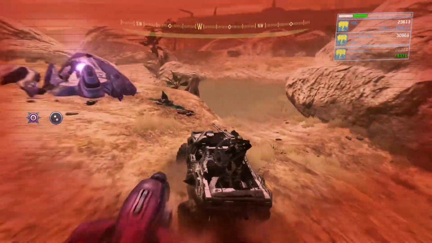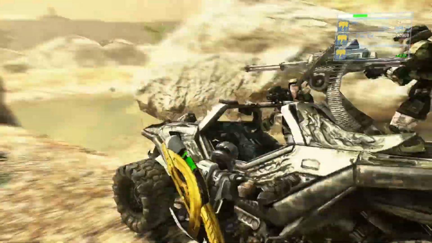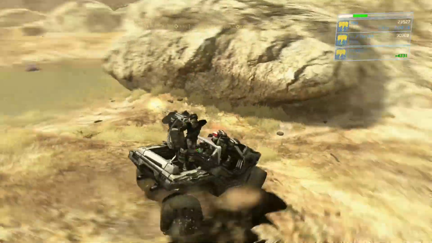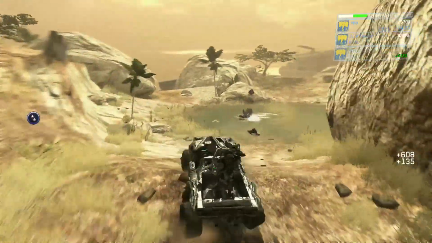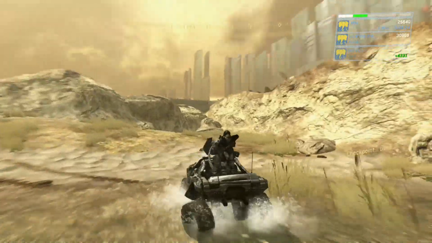Scattered, but that's okay. Now we're going to take that fuel rod. What did I tell you about power weapons, right? We're just going to hold on to it for a second. Just keep it in our back pocket. And we're going to let our guy continue to use the Spartan Laser to take out ghosts and hopefully a